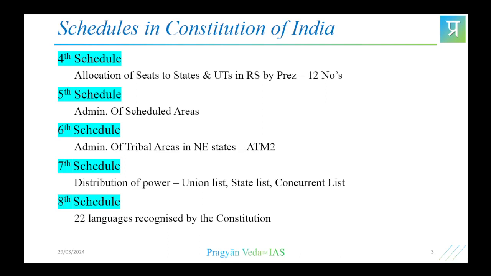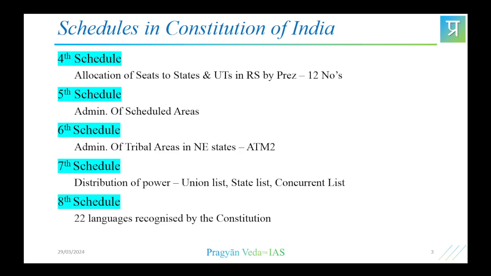Yes. So now the seventh schedule, we have the distribution of power, especially between the center and state, right? We have the union list, the state list, and the concurrent list, right? Under which the state exercises power and authority in certain subject fields, very clearly delineated under these lists. We will take in the next slide, we'll dwell deeply into each list and understand what are some subjects under which some questions can be framed on this 7th schedule also.